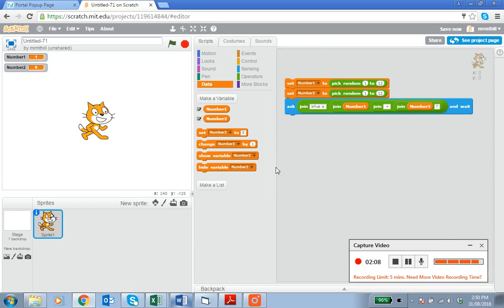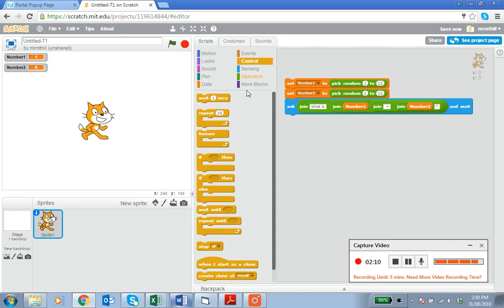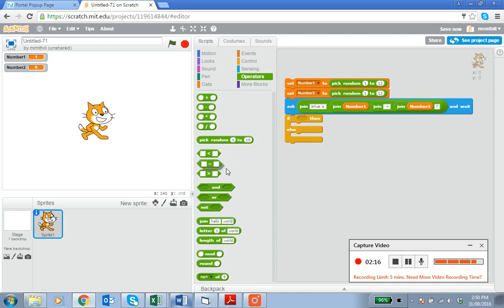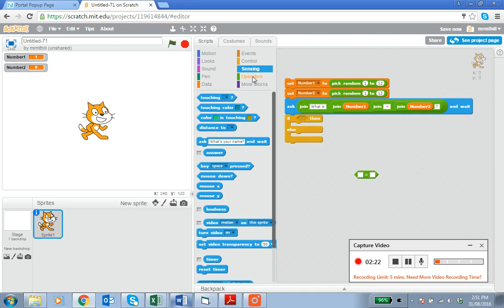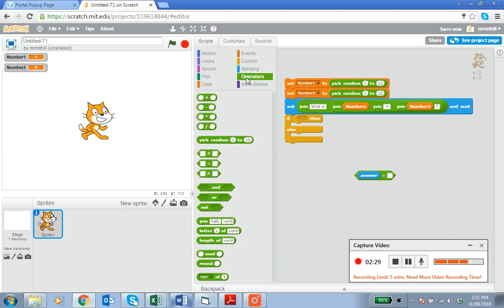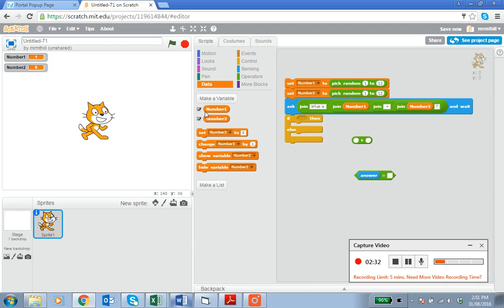Alright, the next thing I want to do is I want to know what the answer is. So if my answer, coming back here, so I've gone to operators, I go back to sensing. If my answer equals, now I need to come back to operators again. If my answer equals number 1 plus number 2,